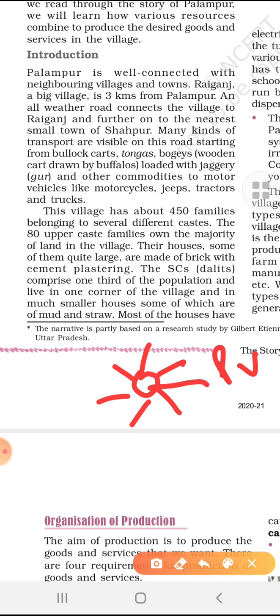ये आपका पालमपुर विलेज है। देन एन ऑल वेदर रोड, ऑल वेदर रोड का मतलब है ये जितने भी यहाँ पर कोई एरिया है, विलेजेस हैं, ये सब कनेक्टेड है इससे ऑल वेदर रोड। वेदर रोड का मतलब है बरसात में कभी भी रोड ख़राब नहीं होती, हर मौसम में रोड अच्छी रहती है। ऑल वेदर रोड कनेक्ट्स विद द विलेज टू रायगंज।